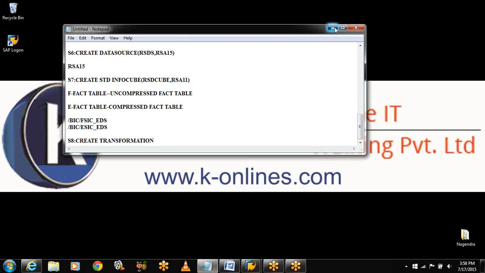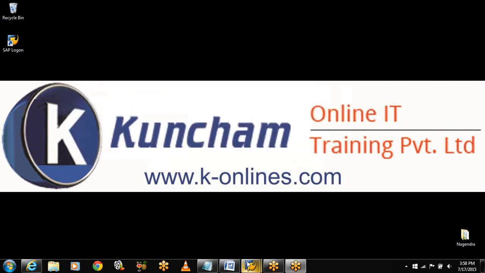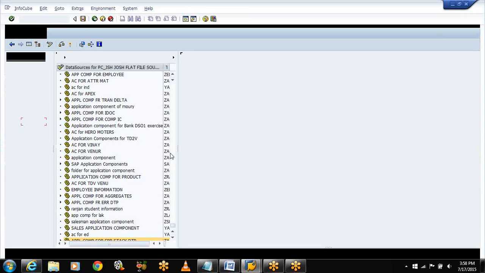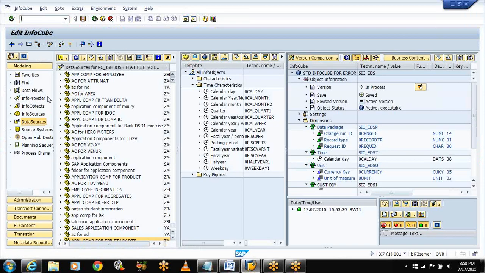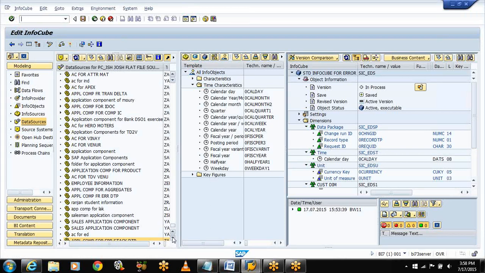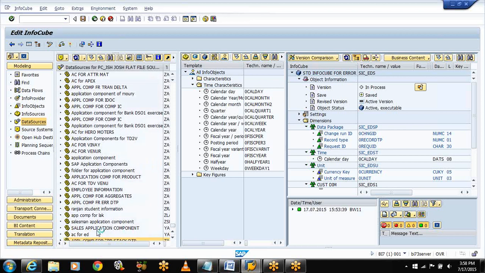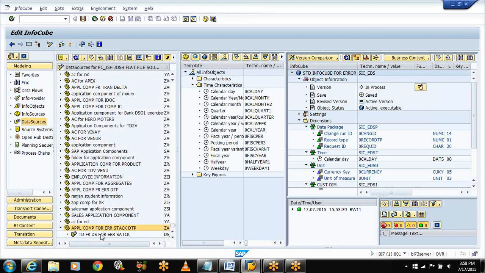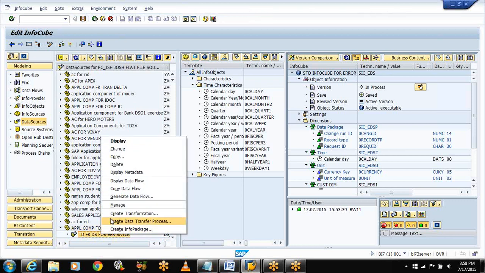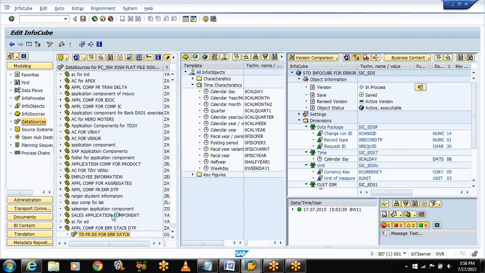We can create the transformations at the data source level as well as at the cube, info provider level. Okay. Now select my data source. See here. Select the data source, create transformations.